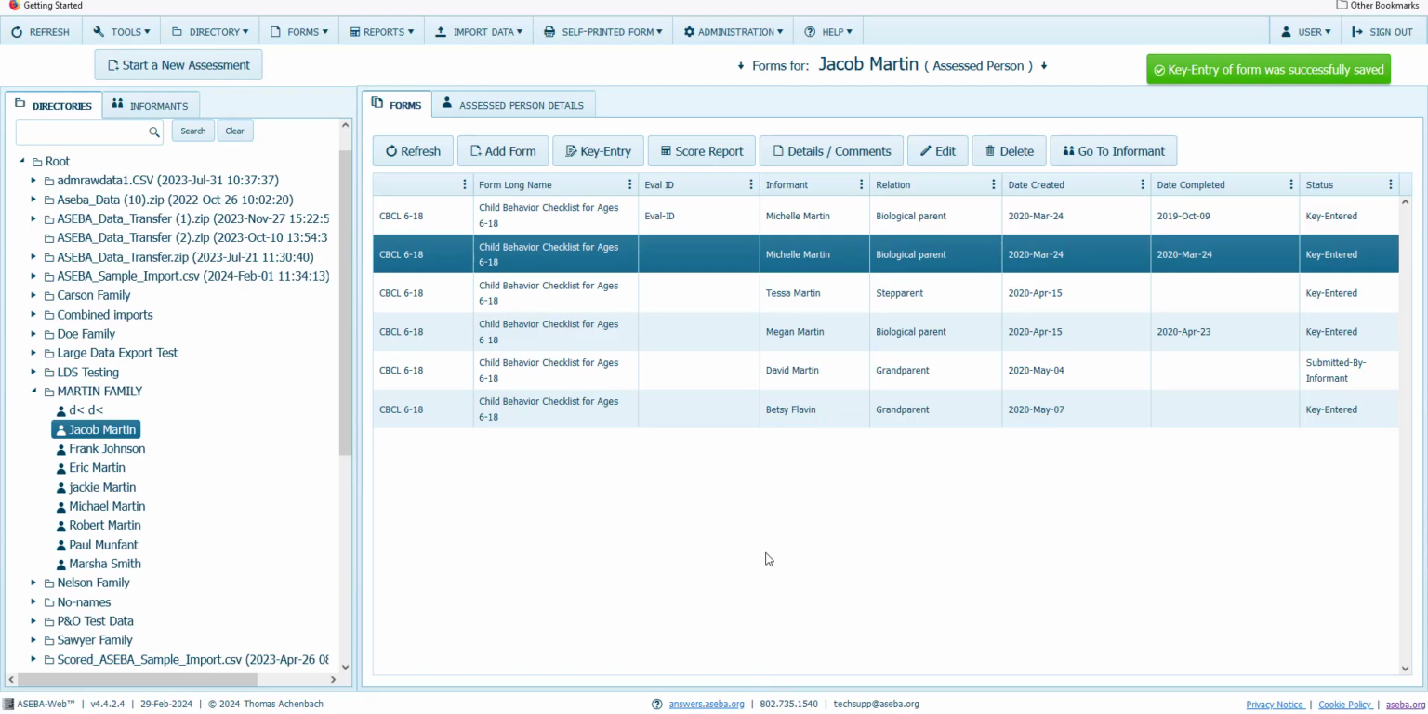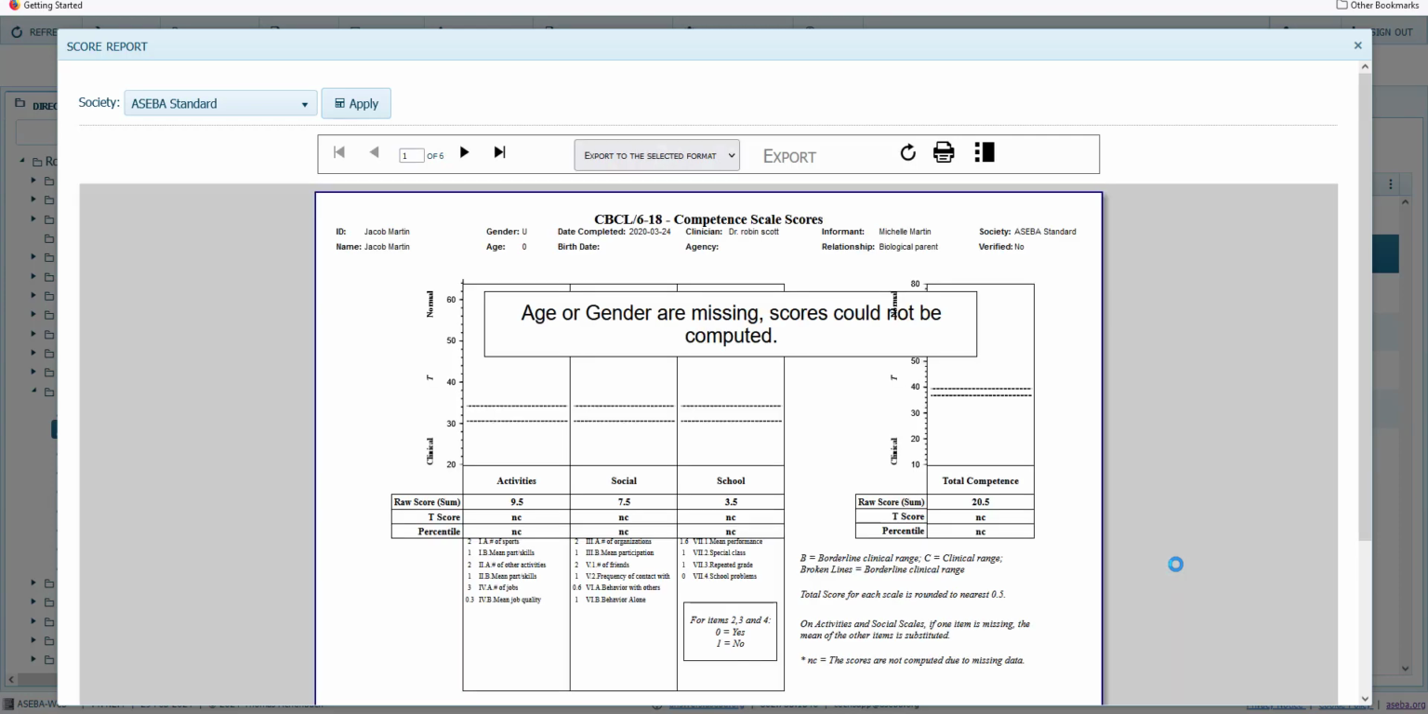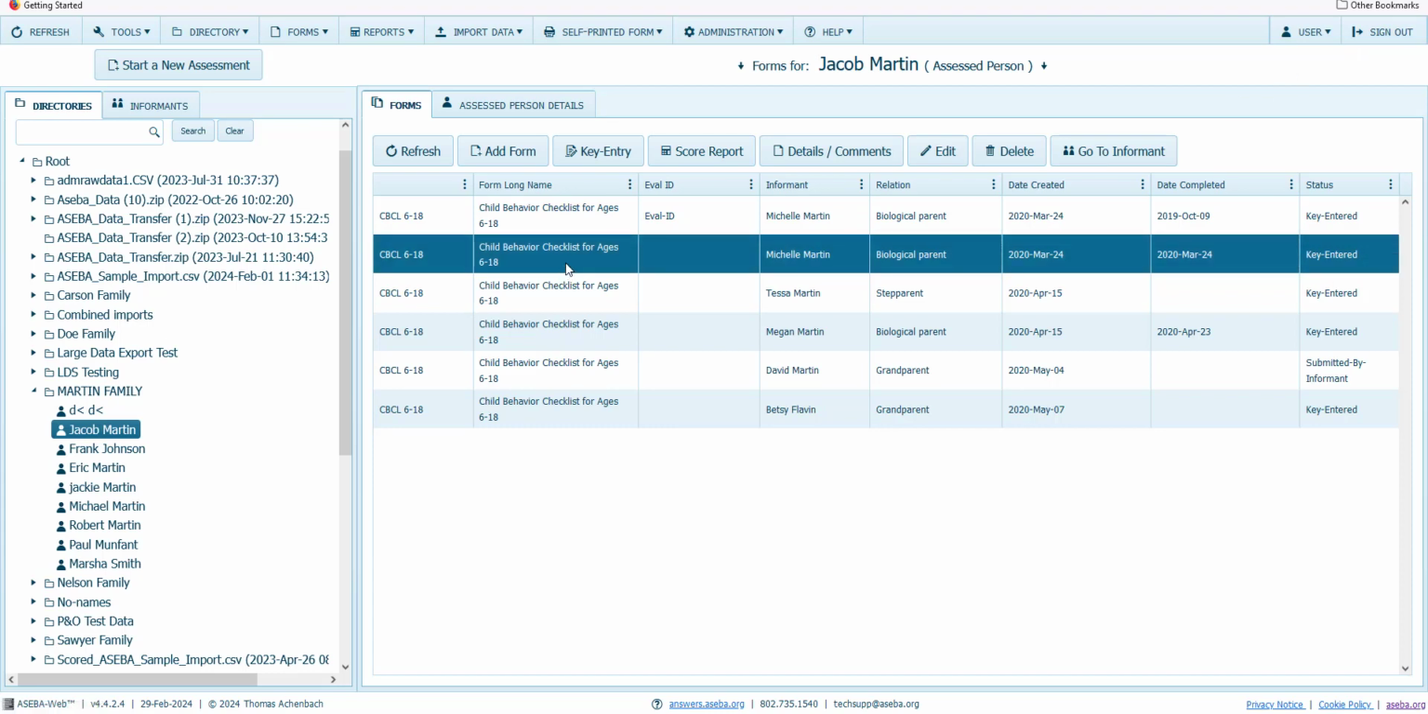And so for the age and gender error, I have here Jacob Martin with Michelle Martin as the informant. I try to score the report, and it comes up with age and gender is missing. So you would close out of the report, highlight the form that has the error, click on Key Entry, and